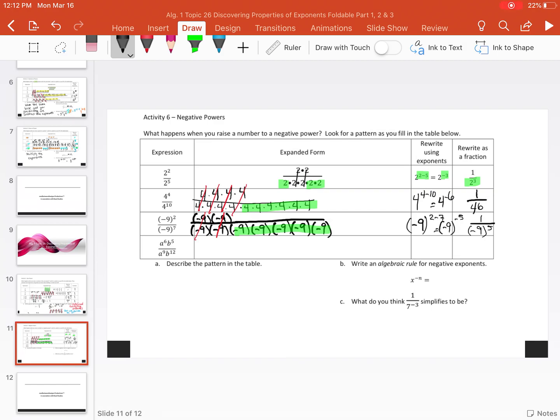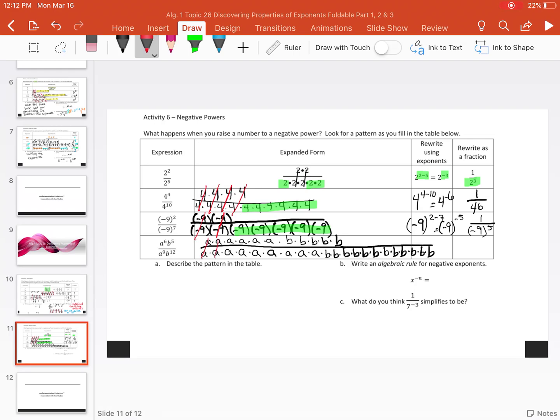Now we can do the same thing with exponents here. So we have a to the sixth, b to the fifth. So we have a times a times a times a times a times a times b times b times b times b times b, all over, oh goodness, a times a times a times a times a times a times a times a times a over b times b times b times b times b times b times b times b times b times b times b, ooh, squishing in there,